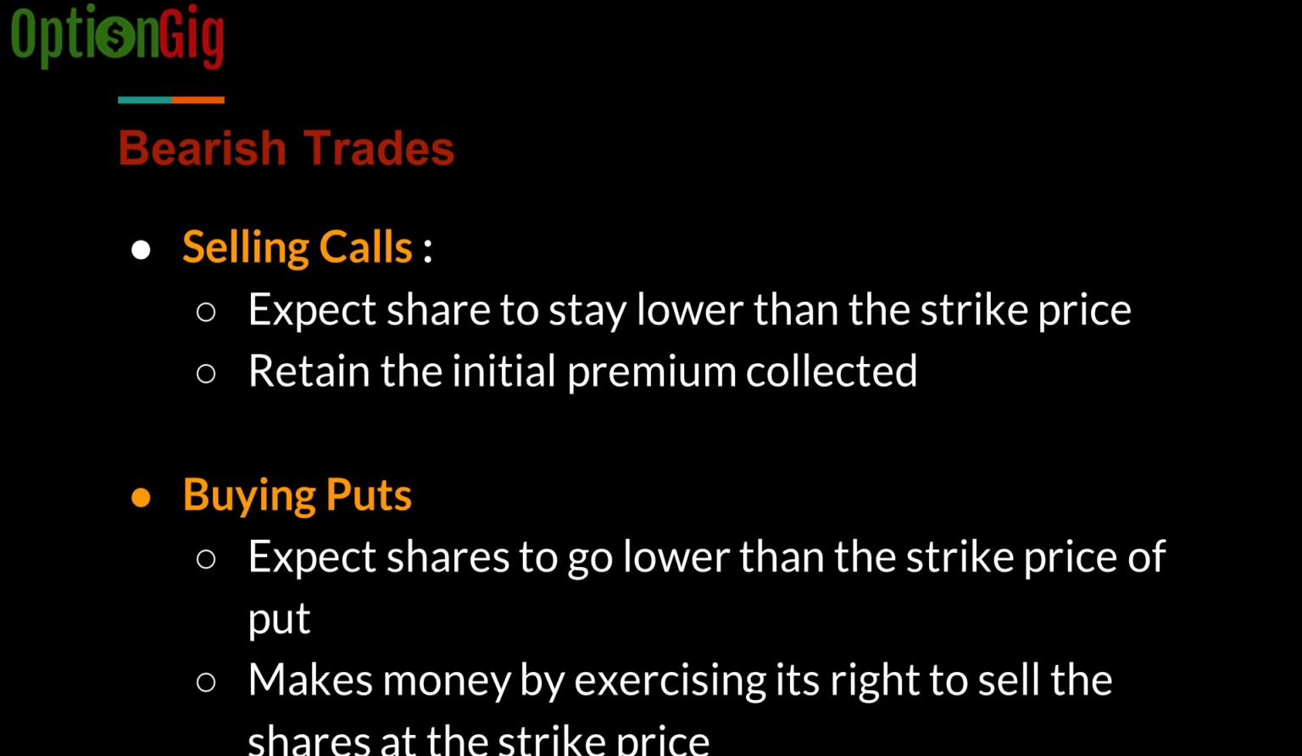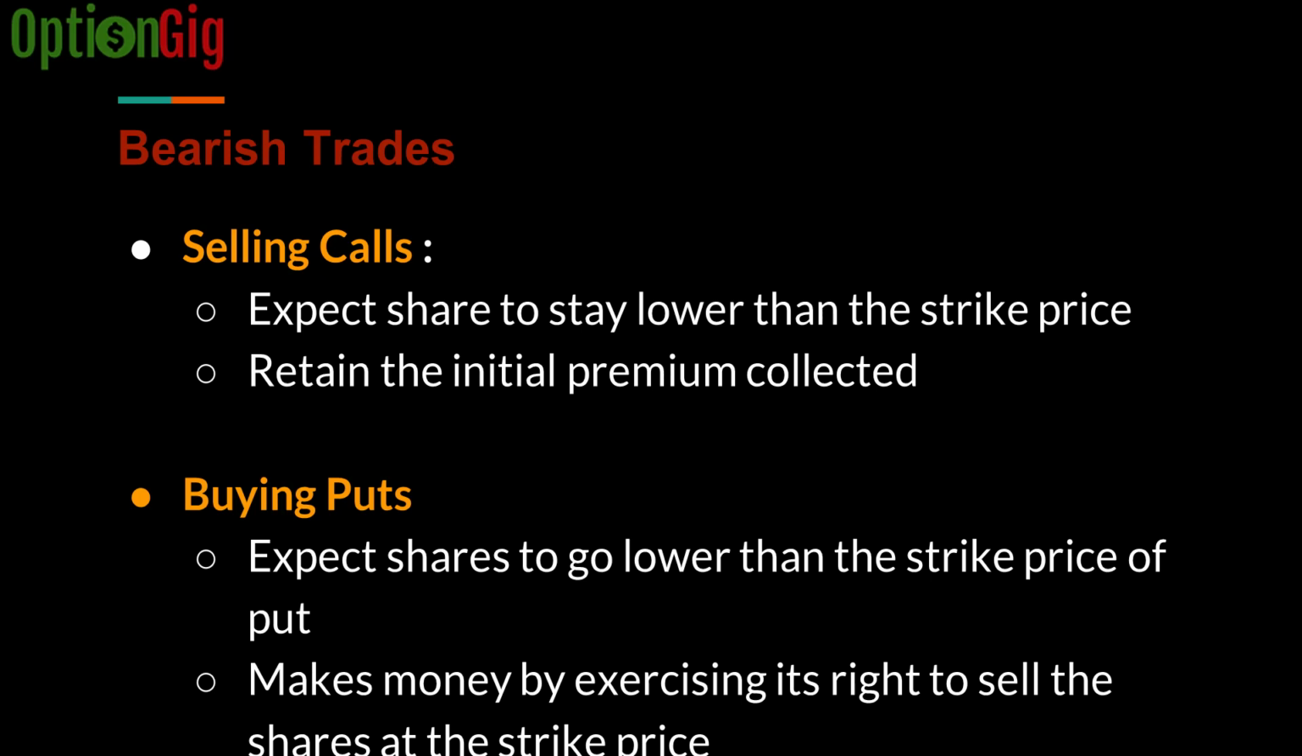And since you are bearish on the stock, you think that the stock will go down and be lower than your strike price. No one in their right mind will be exercising that contract at a higher strike price if the stock is available in the market at a lower price. So that contract will be out of the money, and hence you will retain all the premium. So if you are bearish on a stock, you will sell the call, or the other thing is you will